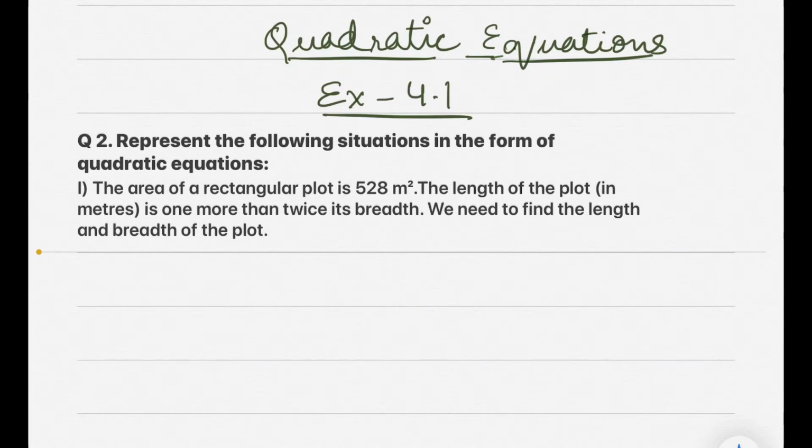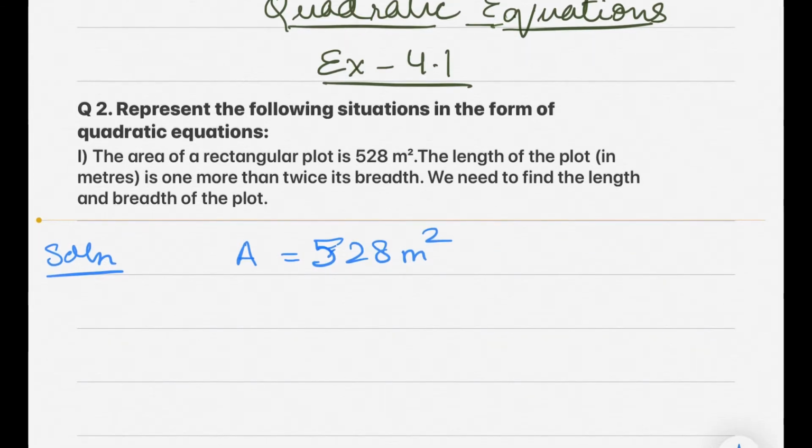The first part says the area of a rectangular plot is 528 meter square. Okay, so area is given to me, right? So it is given as 528 meter square, and the length is one more than twice its breadth. We need to find the length and breadth of the plot. Okay, so I can say that